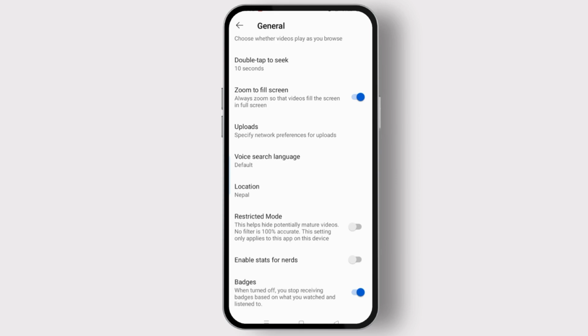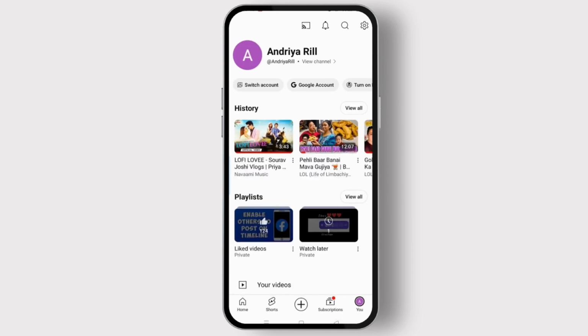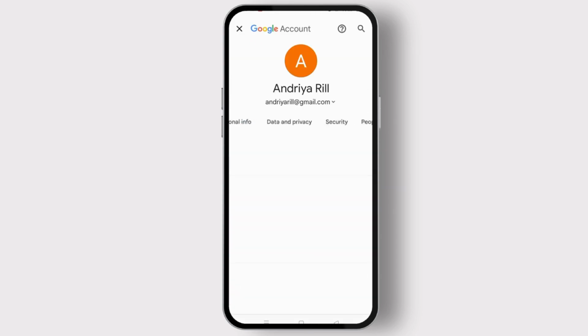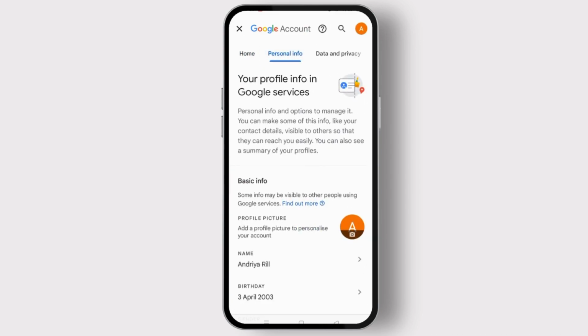But if this button or option is not available, you have to come out from this general option and come back again to the settings page and tap on Google account. Here you have to tap on personal info, and as you can see, my birthday, you have to tap on birthday